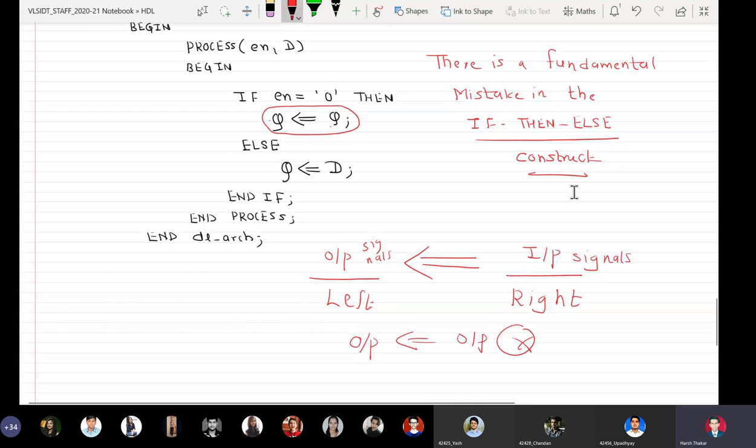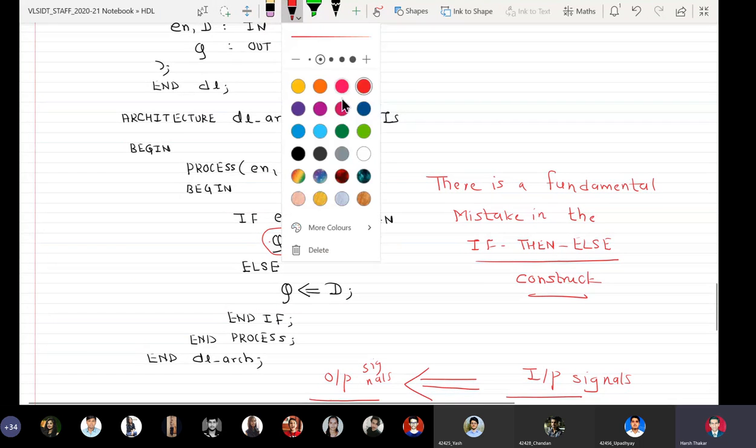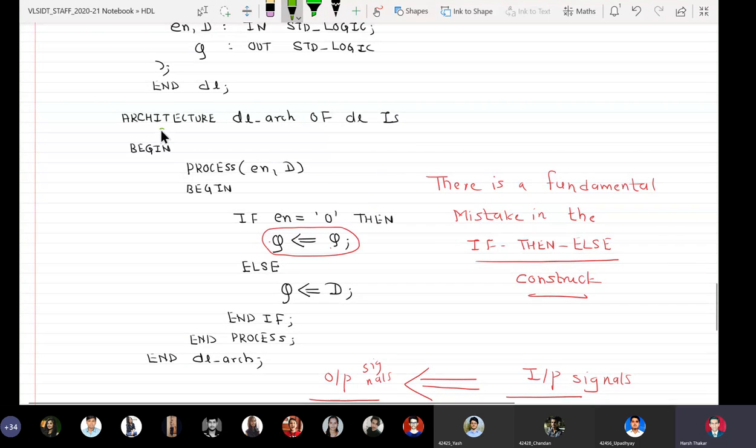So to circumvent this problem, I use dummy signals here. I'll be defining a dummy signal in this way. I will say signal, space, signal name. My dummy signal is called qtemp. Signal, space, signal name, colon, data type. Now, because a dummy signal does not have any definition of input and output, have I written in and out here? No, I have not, sir. I have written signal, space, signal name, colon, data type. So qtemp has not been defined as input and output at all.